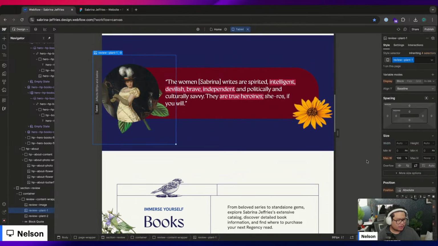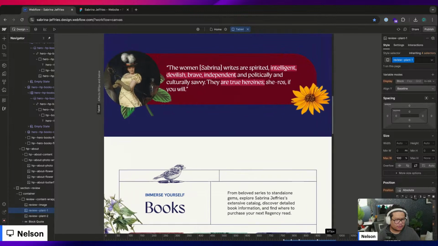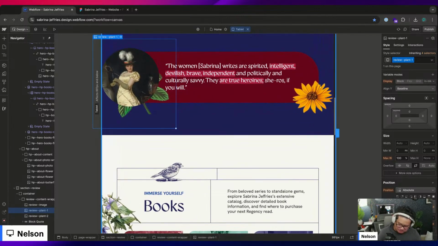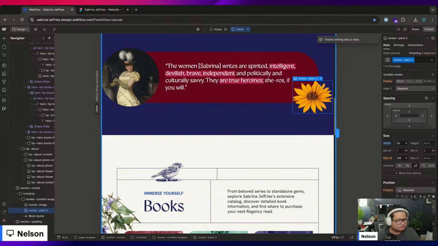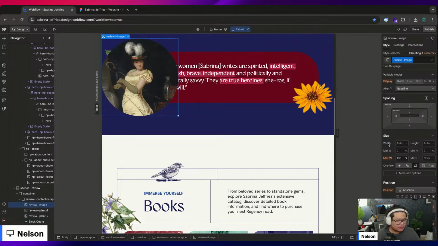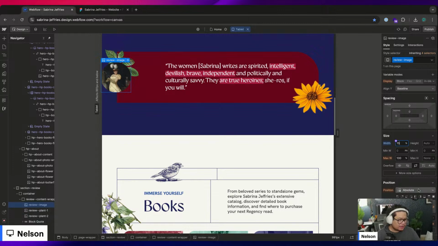I remove the width. This doesn't move. I think this one right here. Maybe I have to make it smaller. And then the absolute. So I push this here, the top left. I think that's it. I have to keep this pinned to the top left because the plant is pinned to the top left